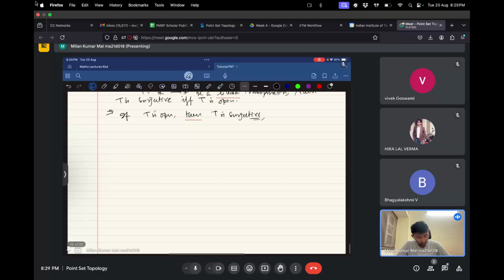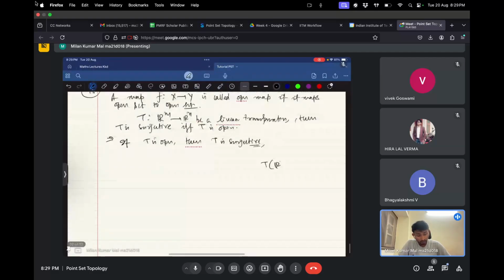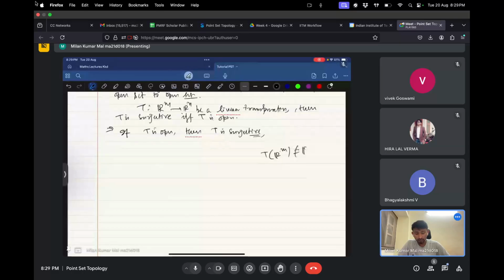The idea is that if T is not surjective, then T of R to the power M is not equal to R to the power N. But R to the power N is open. So that means T of R to the power M will be an open set. But an open set in R to the power N is,